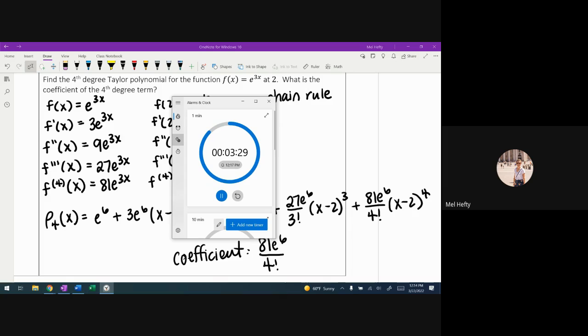Right, so you're working with this. What x value do you